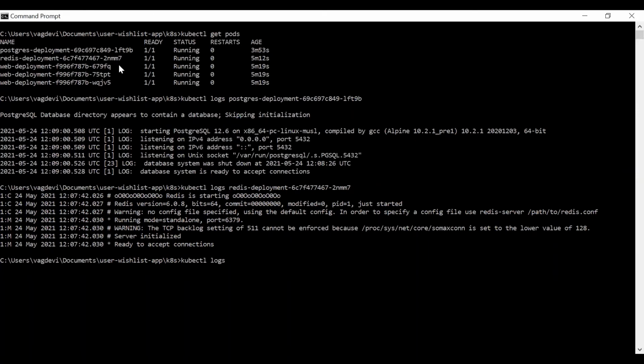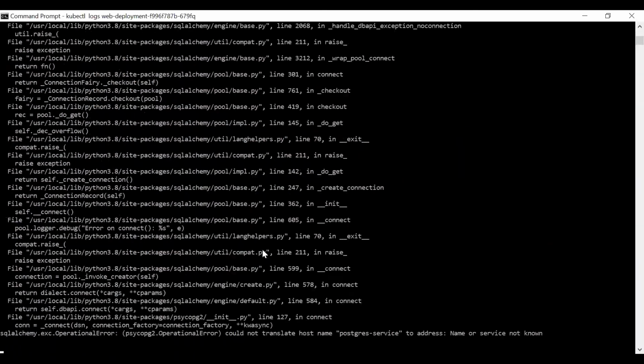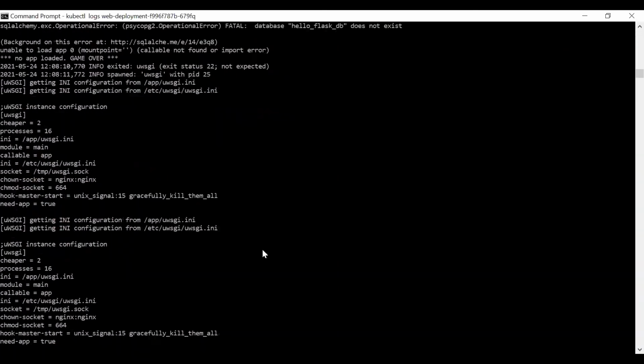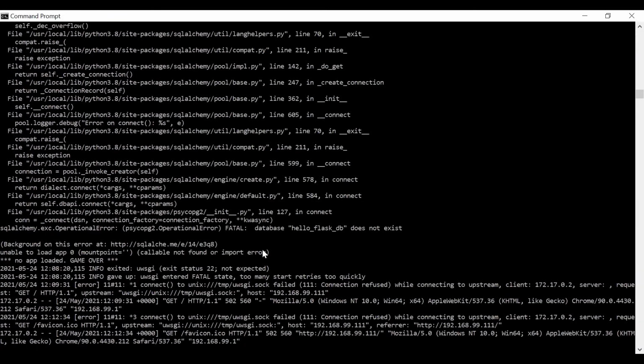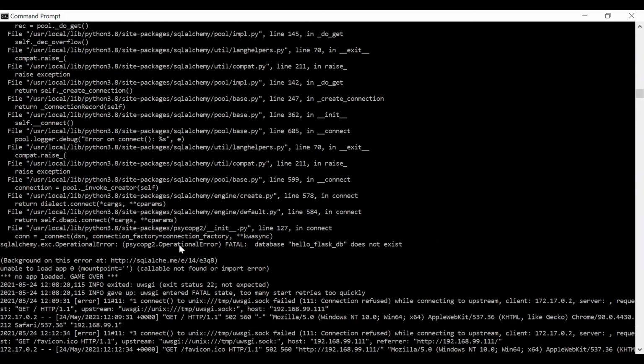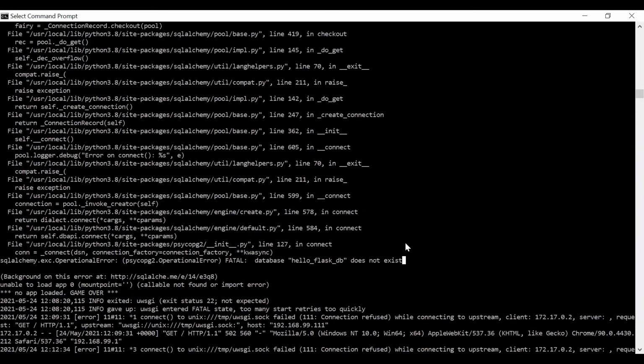This one, pasting it. Okay, there seems to be some problem. Here it says database Flask, hello Flask DB does not exist. If you remember, this is something which we have configured as environment variables in our web deployment.yaml file, right? So let us check the YAML file of both